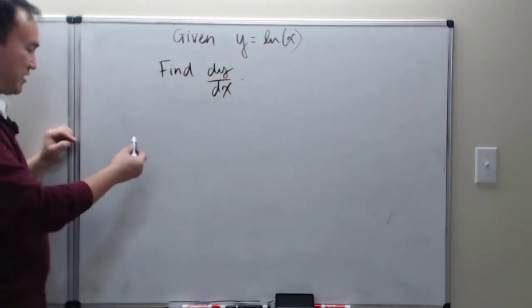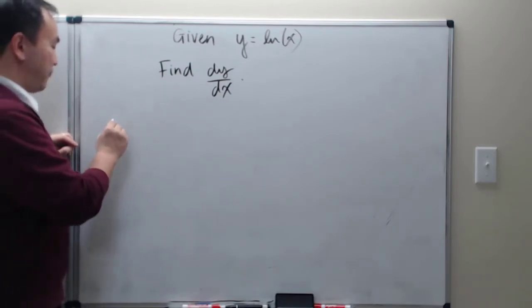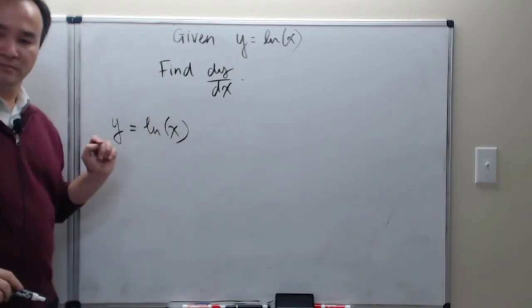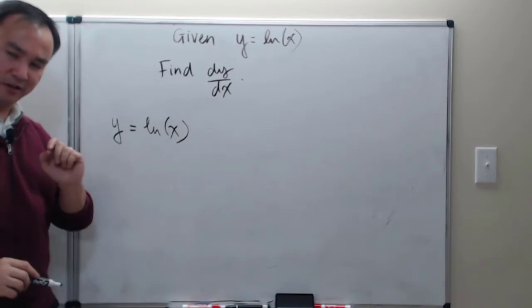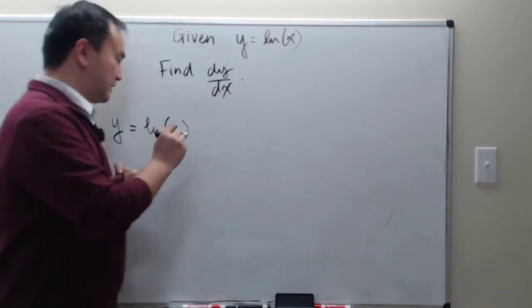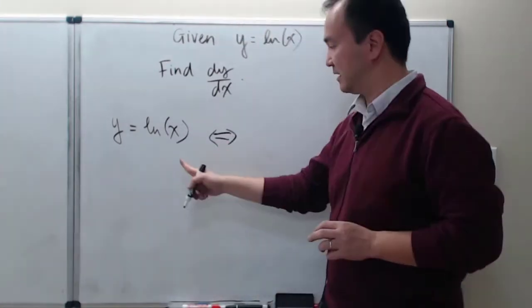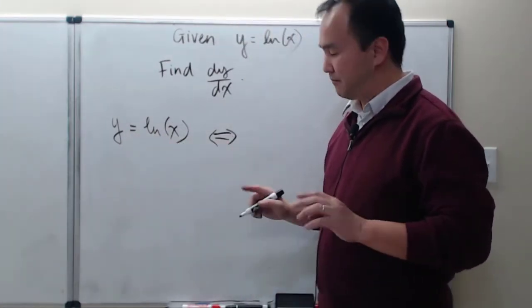So now let's derive the derivative for natural log of x. Let's go this way. First, I'm going to start out with the algebra. If y equals natural log of x, recall that natural log of x is log base e of x. Then formally speaking, y equals natural log of x if and only if